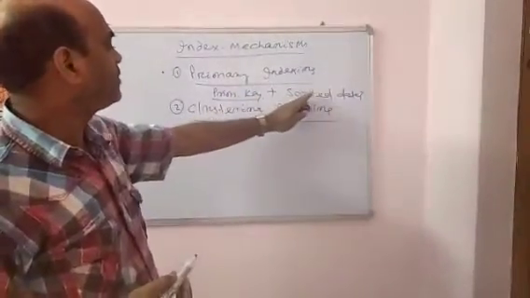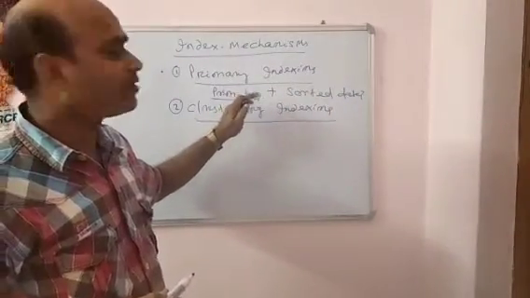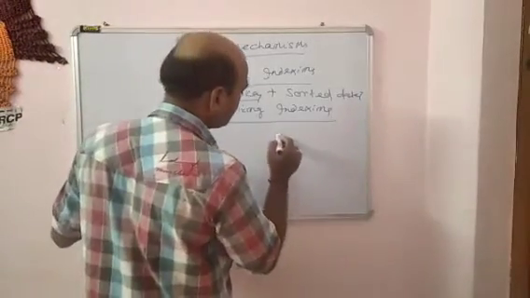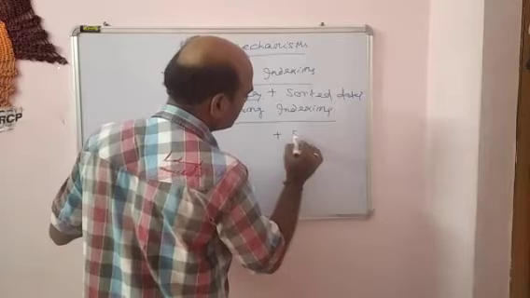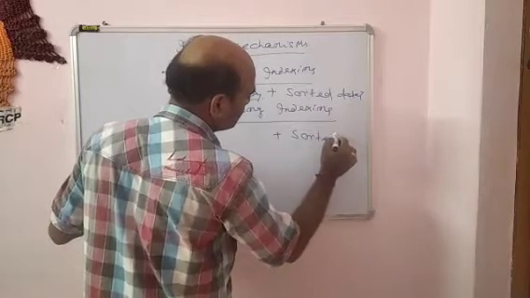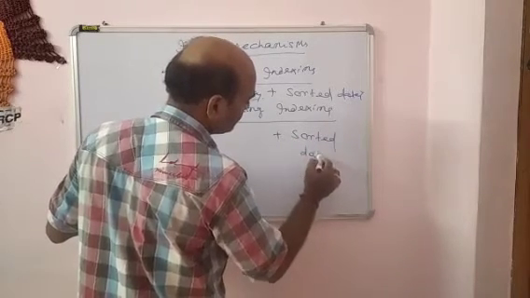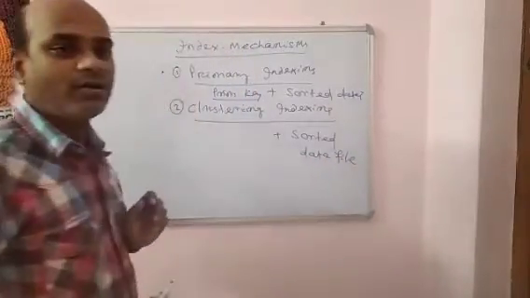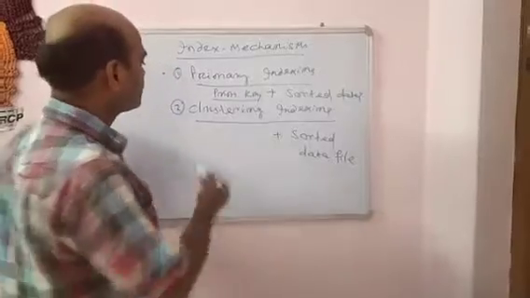The data file was sorted and the index file was created according to the primary key. But in the case of cluster indexing, the data file is also sorted in a specific key value, plus the index file